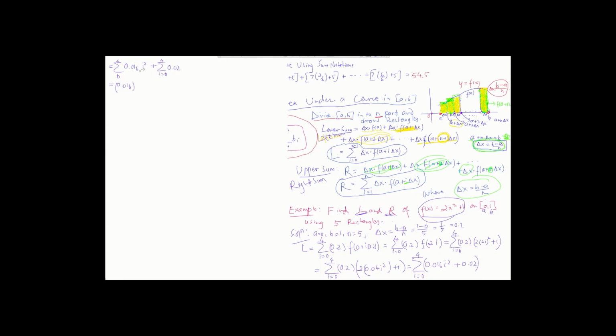What I'm doing next is pulling this number to the front, because it is a constant, and keeping i squared inside. So what I get is this: 0.016 times the summation of i squared, i from 0 through 4, plus the constant term. What is n? n is 5. Why? Because you are starting from 0, right? i equals 0, and then 1, 2, 3, 4. The total is 5. This is the constant, and the sum of a constant is n times c. So it is 5 times 0.2. You see that? So if you simplify this, you will get 0.016 times